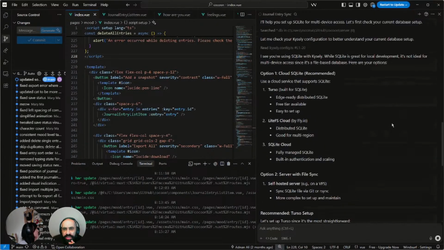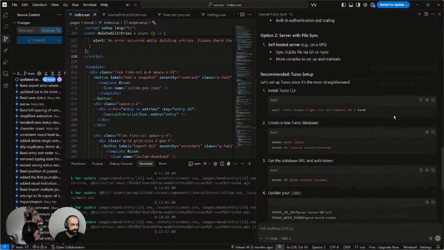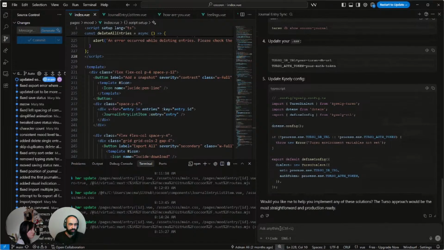Oh, this is interesting. If you scroll up, it suggested a Cloud SQLite, which there are options out there. I'd want to know if Netlify supports SQLite by default without having to juggle anything. I'm just gonna ask it on that.